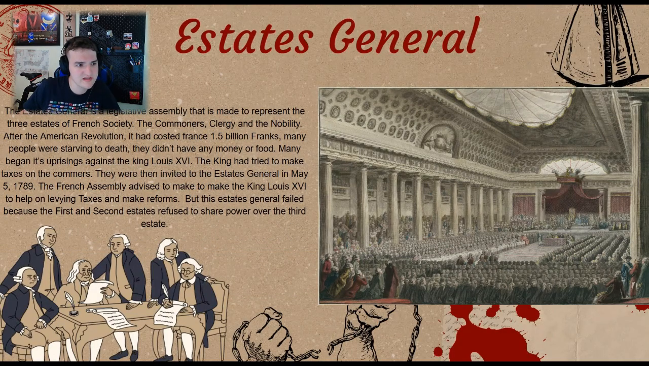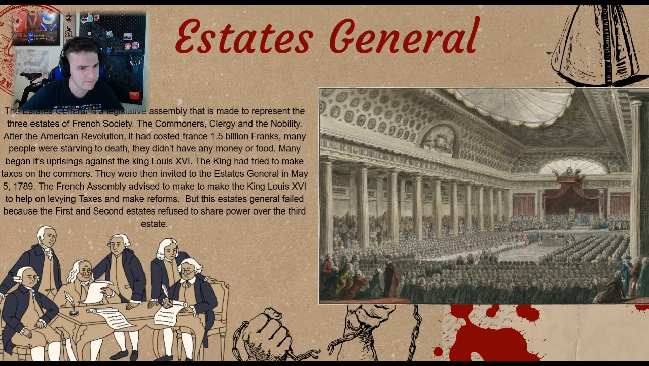So, what is the Estates General? The Estates General is the legislative assembly that was made to represent the three estates of French society, that is, the commoners, the clergy, and the nobility. After the American Revolutionary War, it had cost France over 1.5 billion francs, and many people were starving to death, and they didn't have any food or money. Many began an uprising against King Louis XVI, who had tried to impose taxes on the commoners,